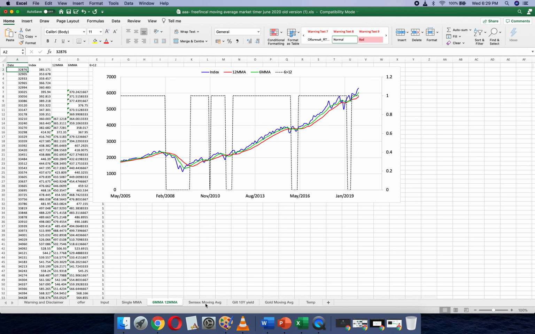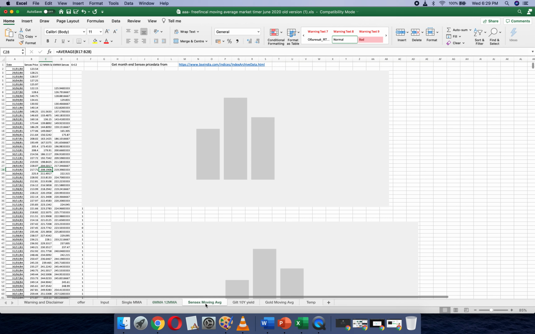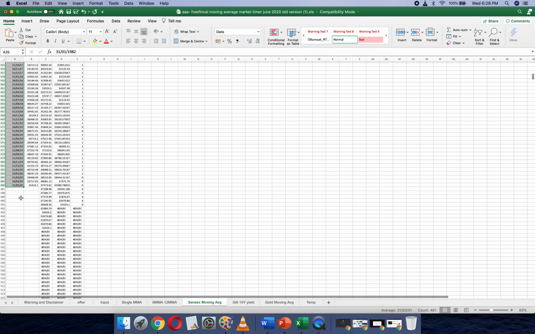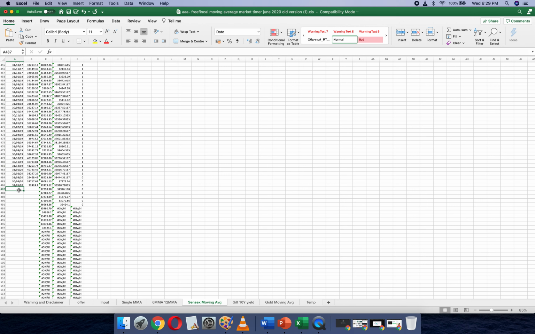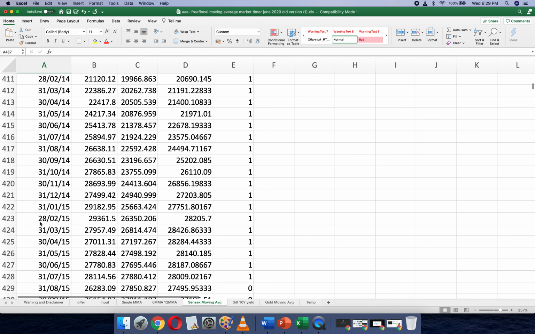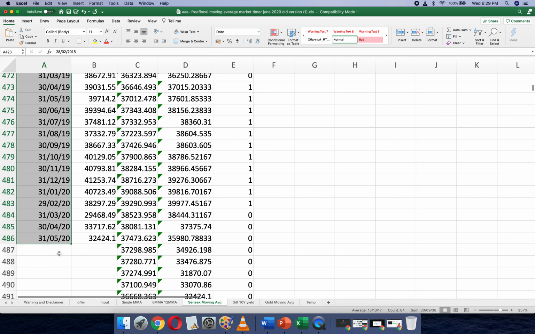I also have fixed data sheets. This is the Sensex moving average. Sensex data is already provided here. You don't need to change anything. Don't delete this data because it's already available. All you need to do is, for example, let me just make this bigger. So I have data up to